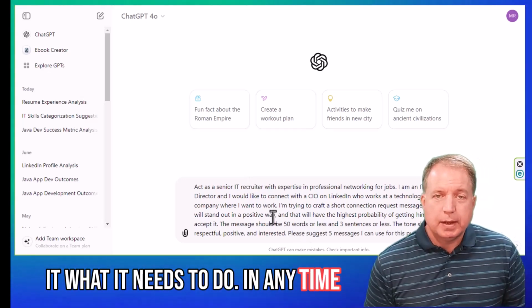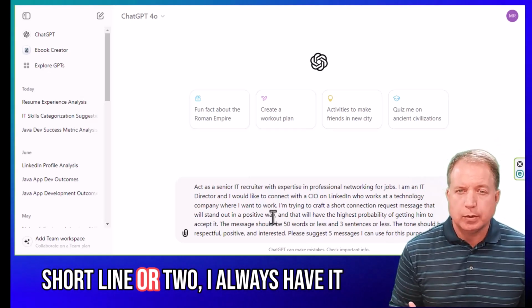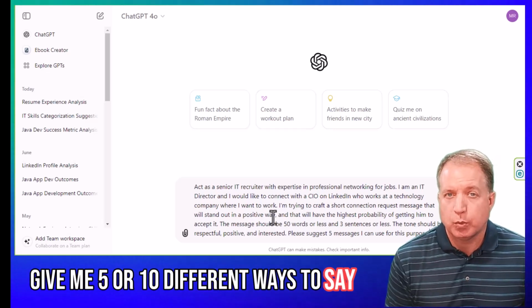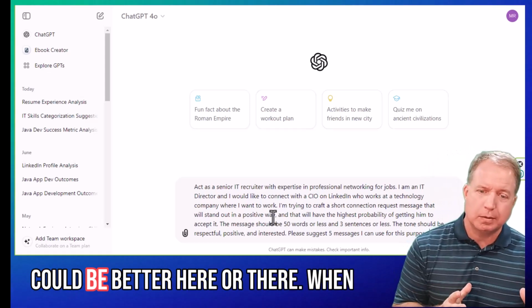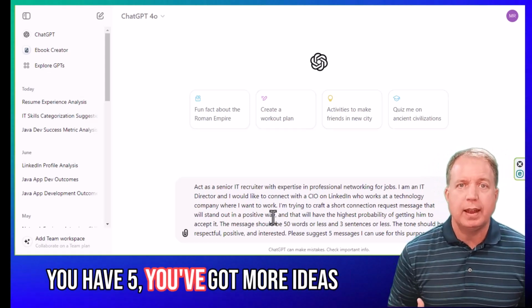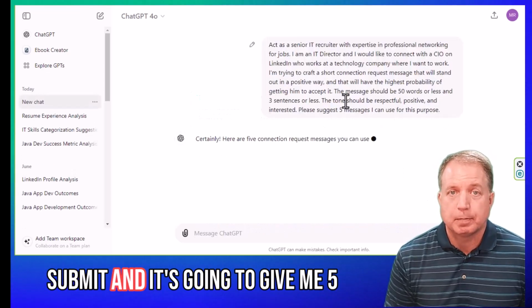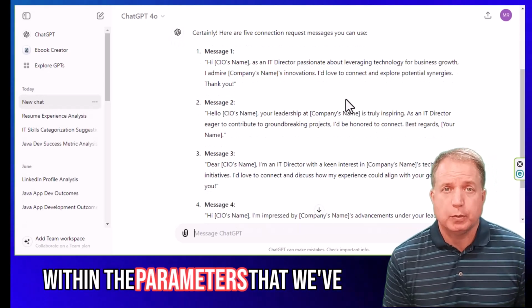And anytime that I'm asking it to give me text, you know, a short line or two, I always have it give me 5 or 10 different ways to say that instead of just one. It gives you one, then you can say, oh, maybe it could be better here or there. When you have 5, you've got more ideas happening. Okay, and I click submit, and it's going to give me 5 different messages that should fit within the parameters